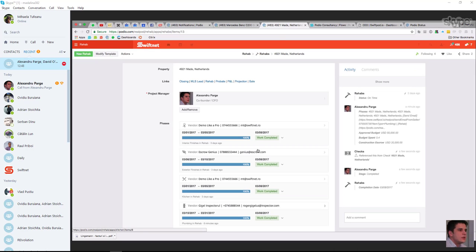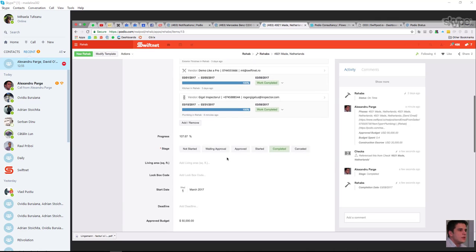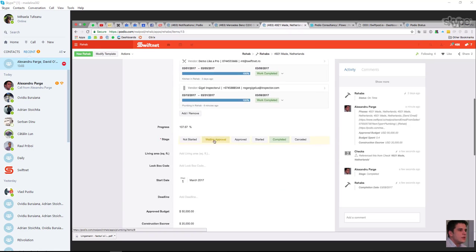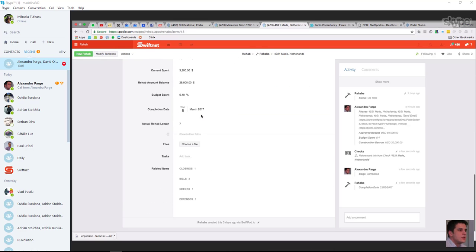You see all the phases that weren't finished, and automatically the date completed was filled in. Basically, they will be removed from the pipeline, from the work. We have to check here. Yeah. Okay, as you see,